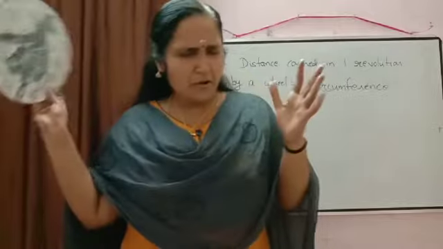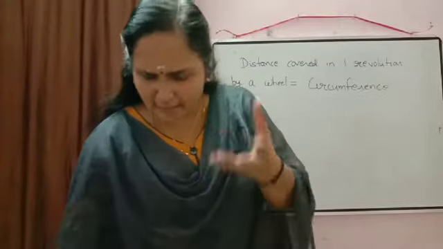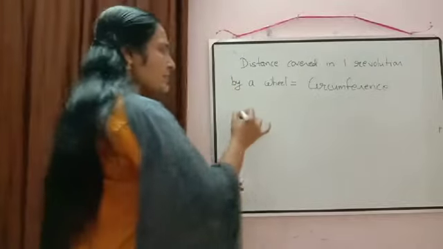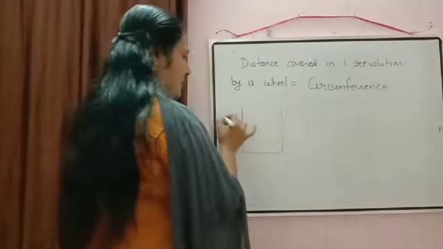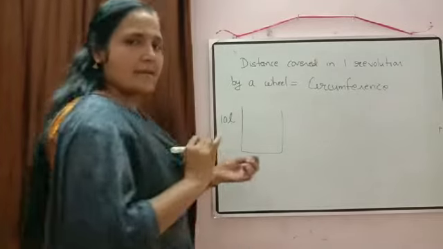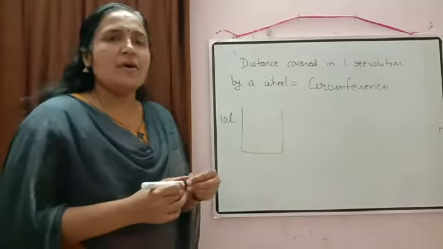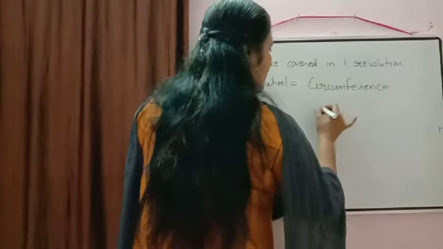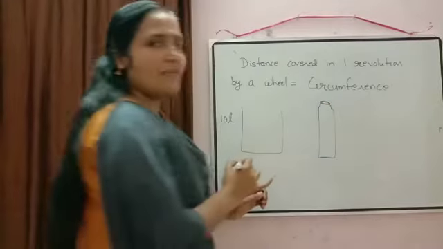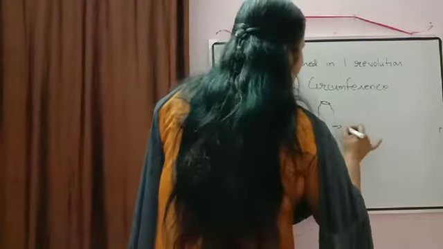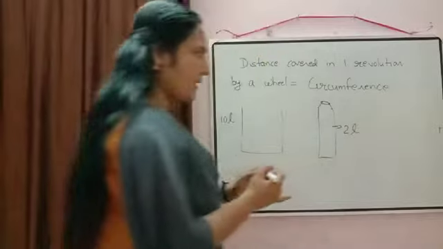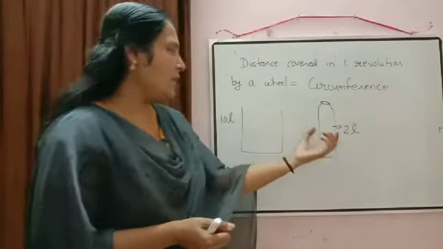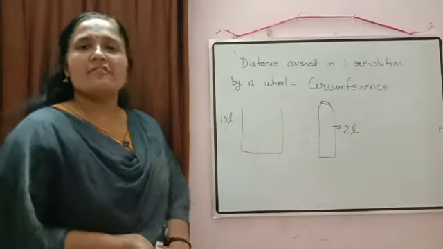Now, we are not discussing the circle here. Just a small example I am giving you. Suppose I have a vessel of 10 liters. 10 liters of liquid can come in this vessel, and you have a bottle whose volume is 2 liters. 2 liters of water can come here. Now I am saying, with this 2 liter bottle, you just fill the vessel.